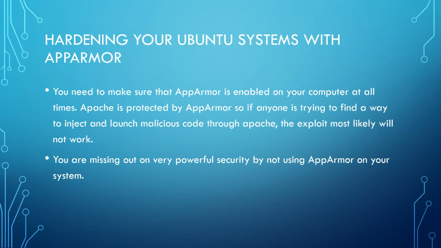And hardening, honestly, this slide is just telling you to keep it enabled on your computer at all times, as Apache is protected by AppArmor. So say, for instance, you're online surfing something on Firefox and you don't have anything enabled. Somebody's going to try to find a way to get something from you. They're going to try to put it like, say you download something and there's a code on it, and the code is